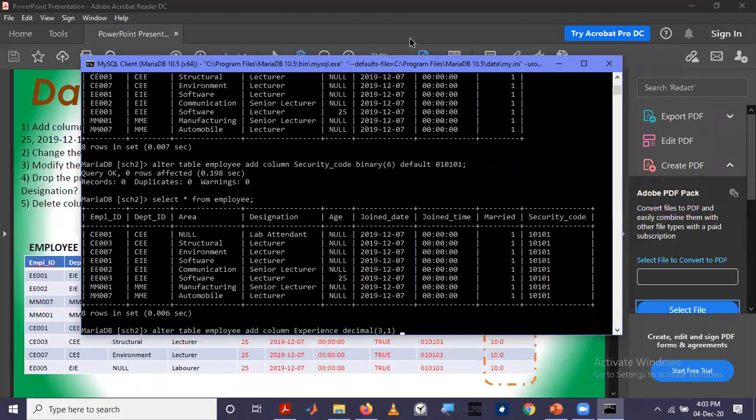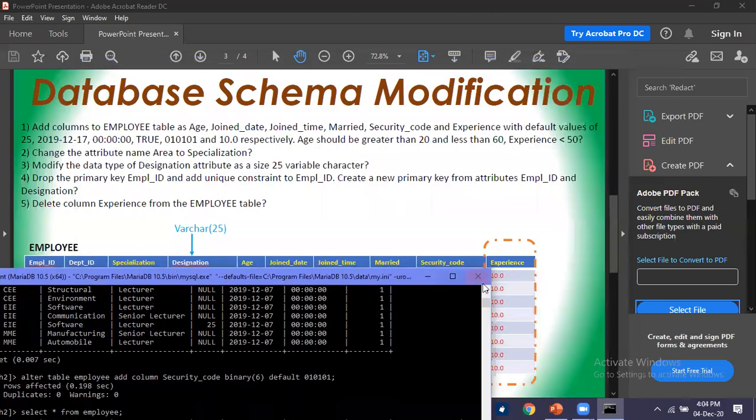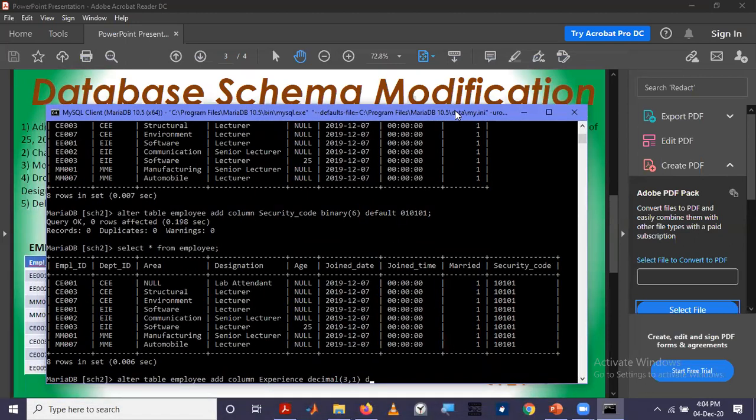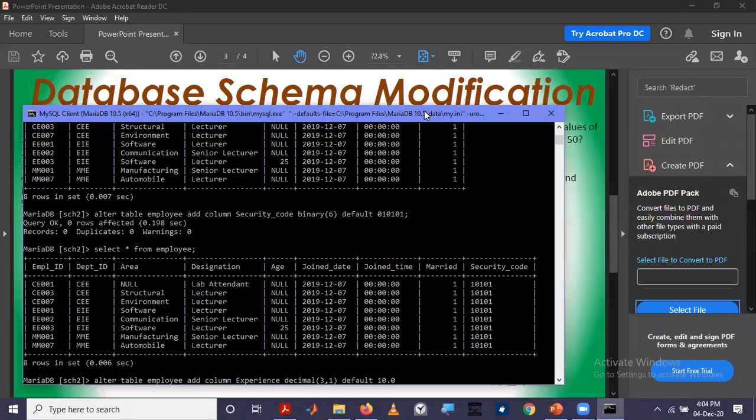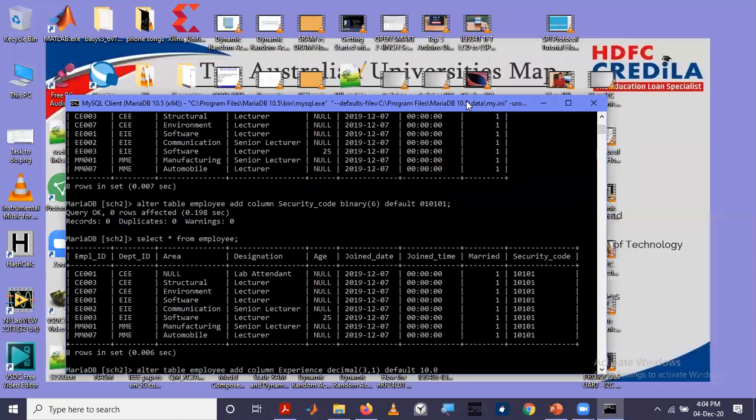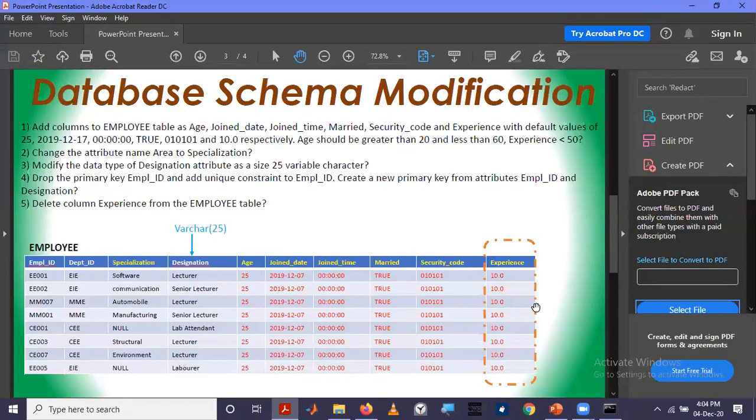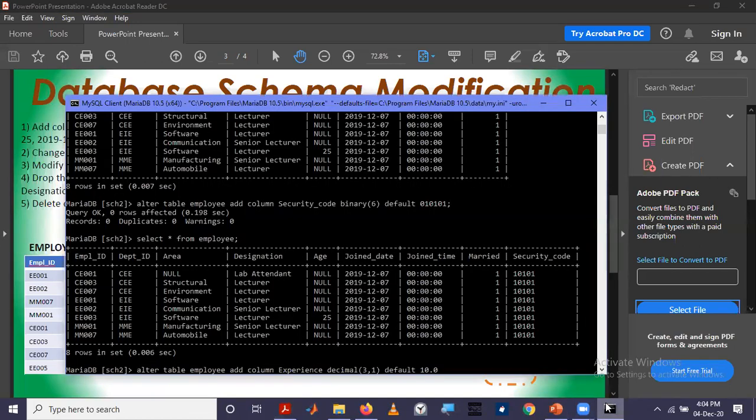And there is a default value. So we have to specify the default value of 10.0, again without single quotes, because this is not a string. And experience should be less than 50. So we have to use the check keyword.